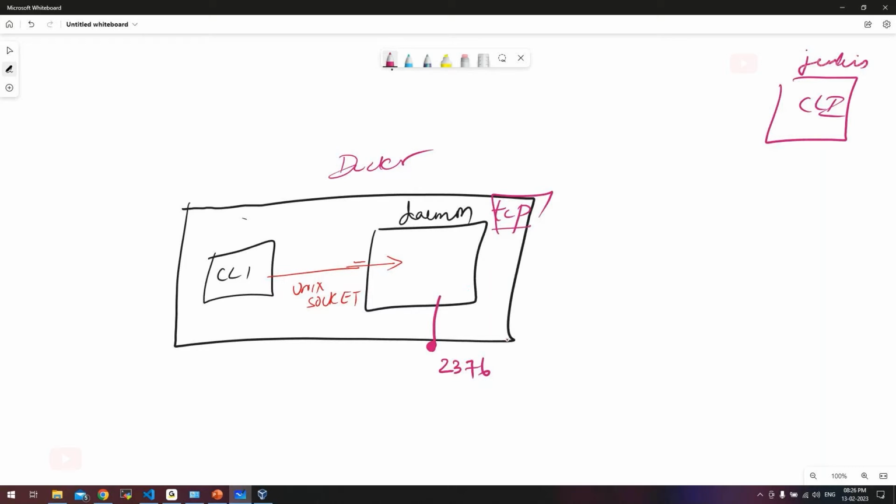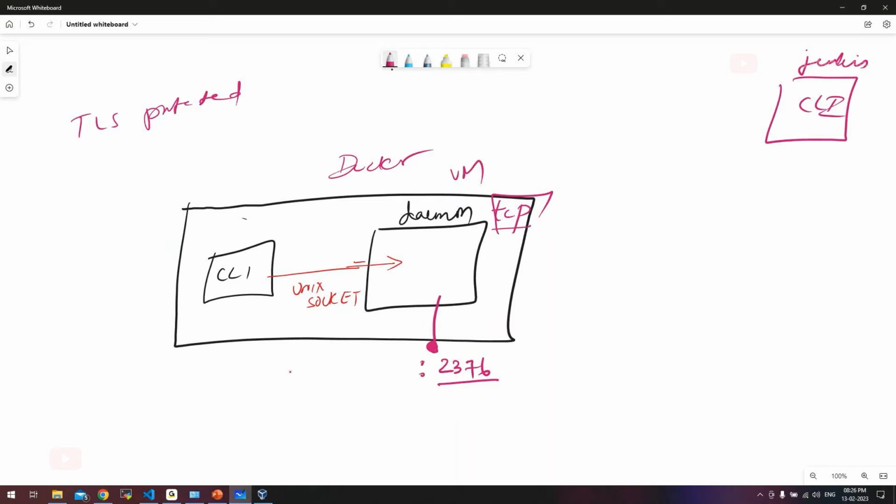And it also requires authentication. So there is an authenticated or a TLS protected daemon, or there can be an open daemon as well. Open daemon means anyone can connect, but TLS protected means it needs authentication. Authentication means the client has to authenticate itself with the daemon in order to talk to the daemon. So here 2376 is the port on which your daemon will listen, and this particular VM will have an